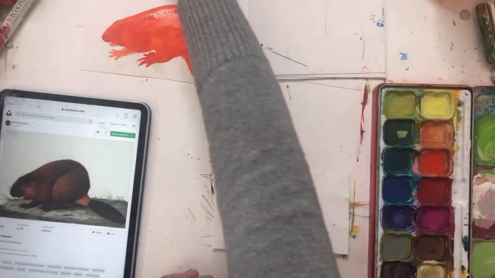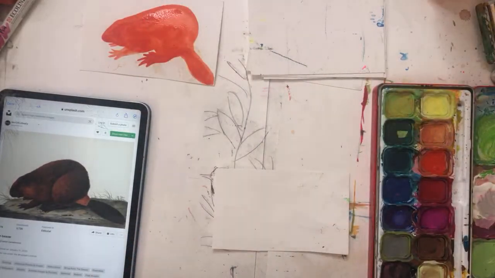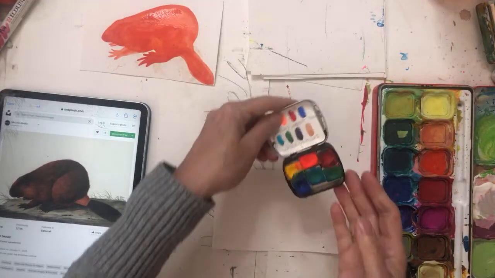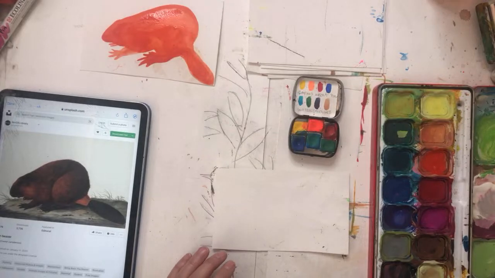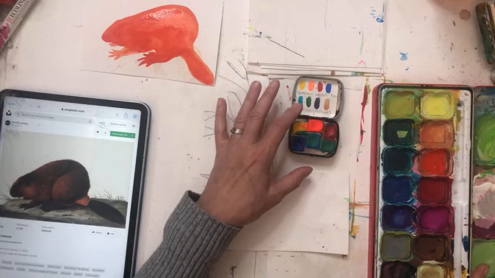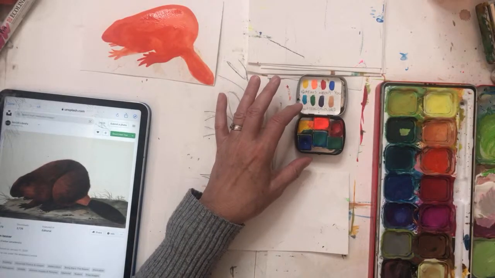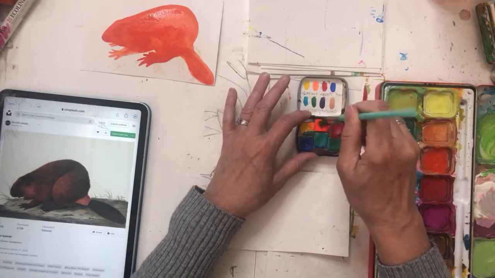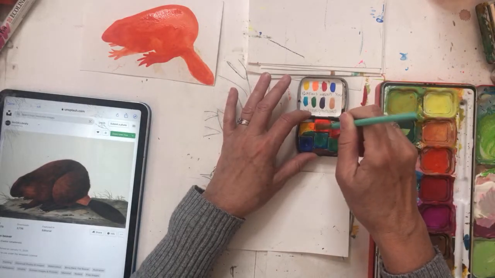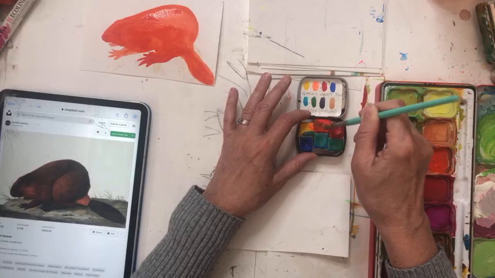All right, I am going to use these little watercolors, which I got from Rita, if I can open them, and maybe I'll do them all in orange and then work over the top of them.